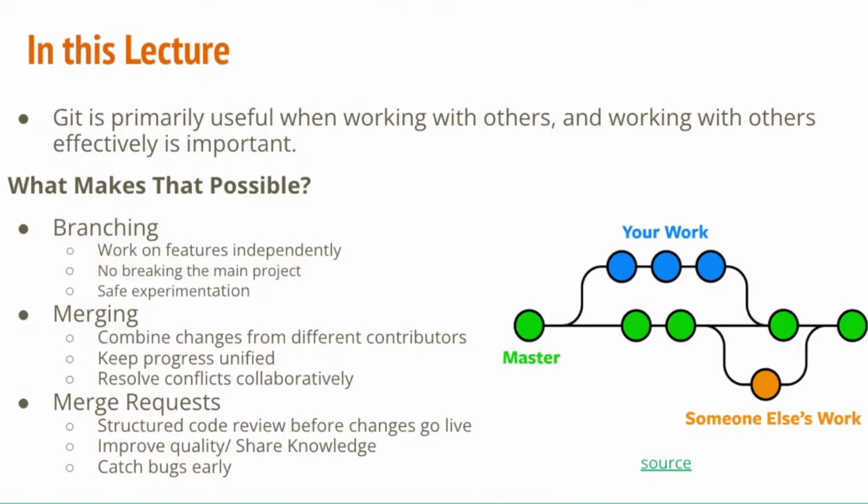Maybe your friend would suggest, no, don't do it this way, use a loop structure, or instead of a for loop, try to use a while loop. So those suggestions can happen during merge request, and you improve your work on the branch before it gets finally pushed onto the master or the main branch, right? And it also helps you to catch bugs early,